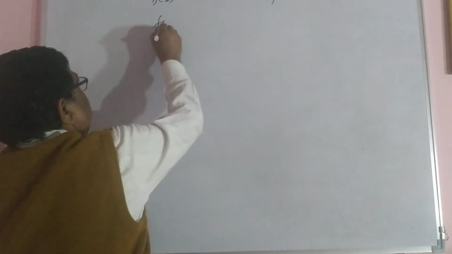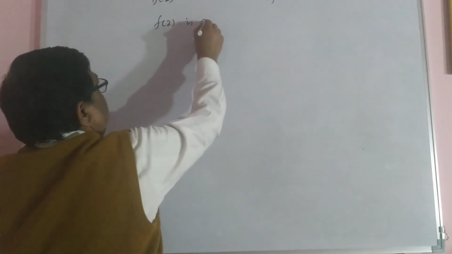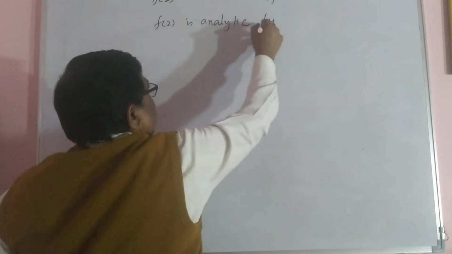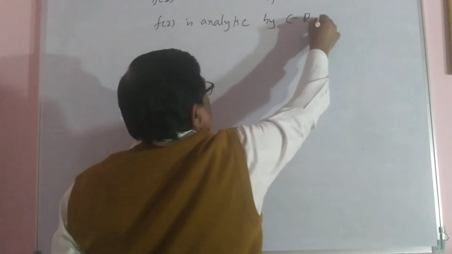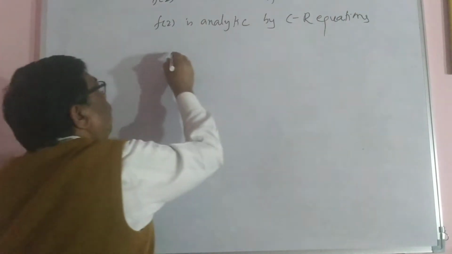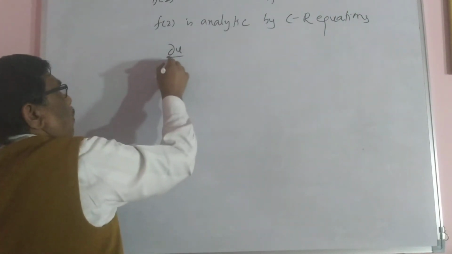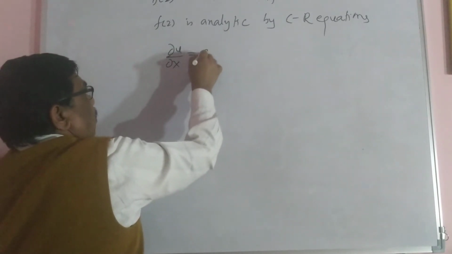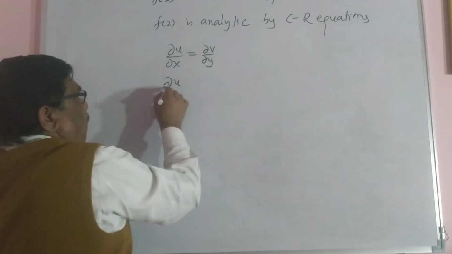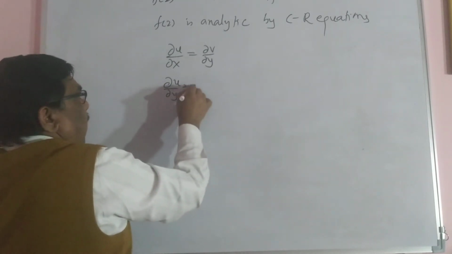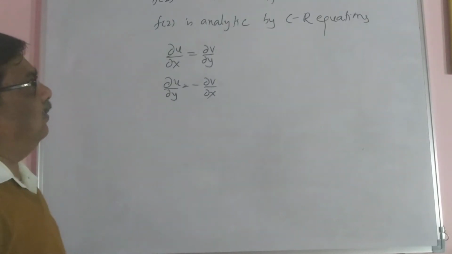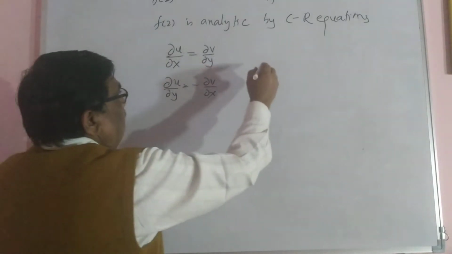As f of z is an analytic function, by the CR equations, dou u by dou x is equal to dou v by dou y, and dou u by dou y is equal to minus dou v by dou x. It is the CR equation. As u is constant,